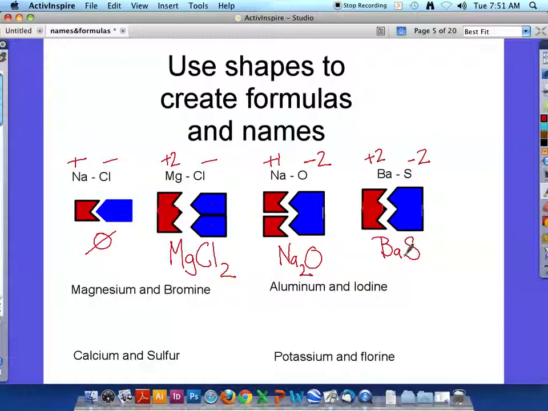If you then have to name these compounds, you have to remember that the anion, the negatively charged particle, changes its ending to -ide. So sodium combines with chlorine to make sodium chloride. Magnesium